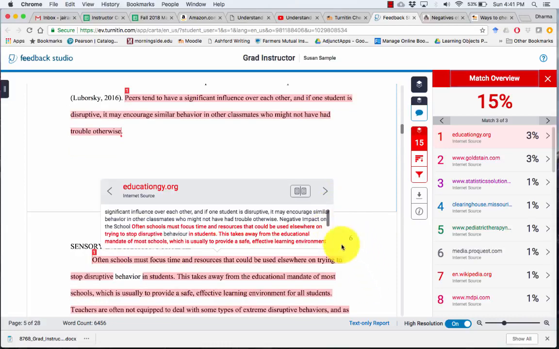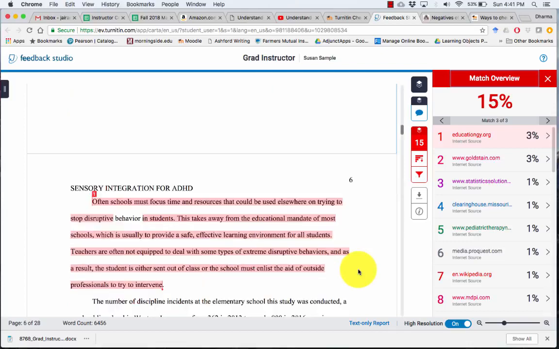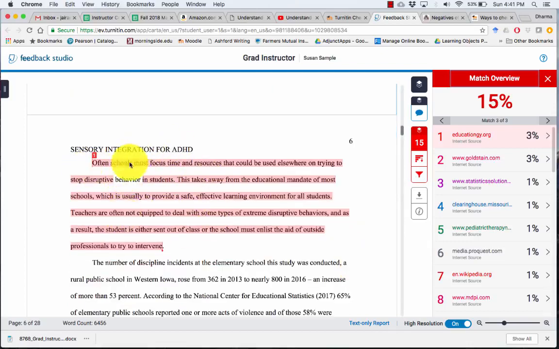But I wanted to also show you one more example here of what not to do, what to look for. So this is actually a whole entire paragraph the student took. And notice this one's a real trouble spot because not only is it an entire paragraph, but there's no in-text citation following the sentences. So in this case, the student made no attempt to actually cite the source and is actually using this writing as their own. So this one is a huge, huge red flag that says the student really made a mistake here